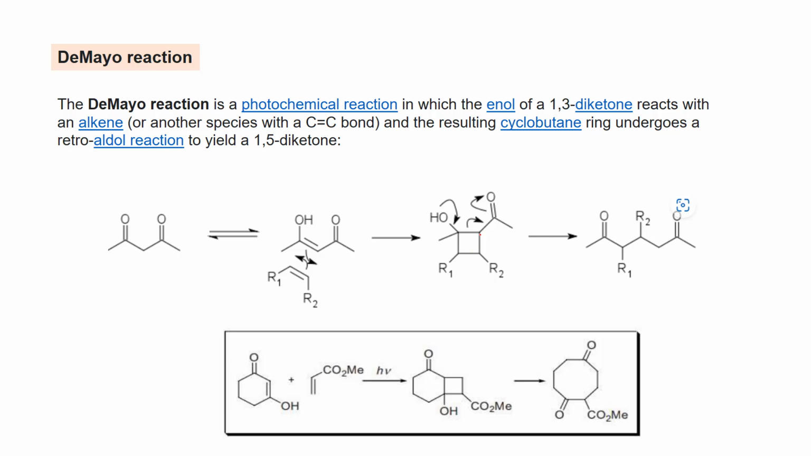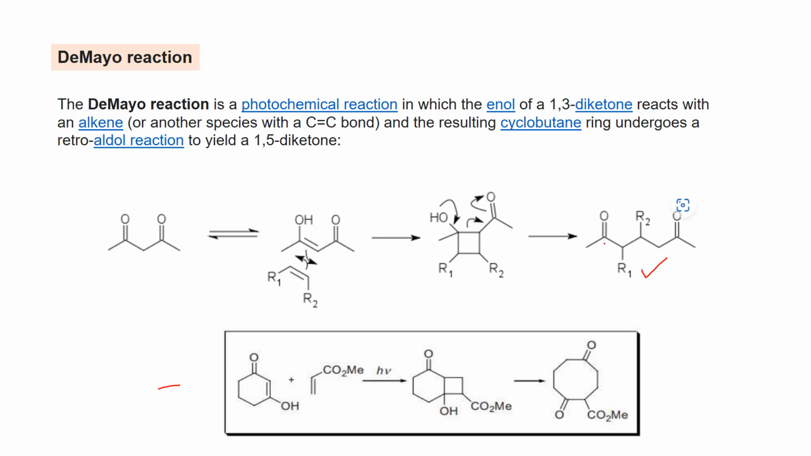cyclobutane ring. Then it will undergo a retro-aldol type of reaction where this OH comes here and this bond breaks, and it opens up and forms this as our product. Now in case of an acyclic system you can't see much difference, but by this process what you can see, there is an incorporation of this alkene system in between these two